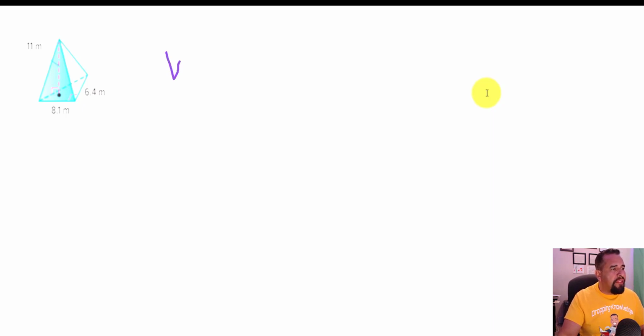So again, let's write down the formula, which is volume equals 1/3 times. Now, since I have to find the area of the base, which is a triangle, that means I'm going to cut that area in half, because when I multiply 6.4 times 8.1, it's going to give me an entire square, but I only need half of it because a triangle is half a square. So go ahead and put that there, and we're going to multiply that times 8.1